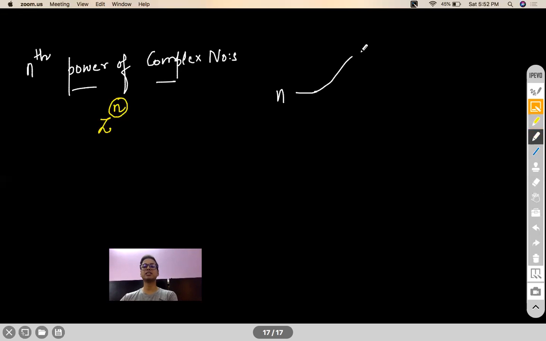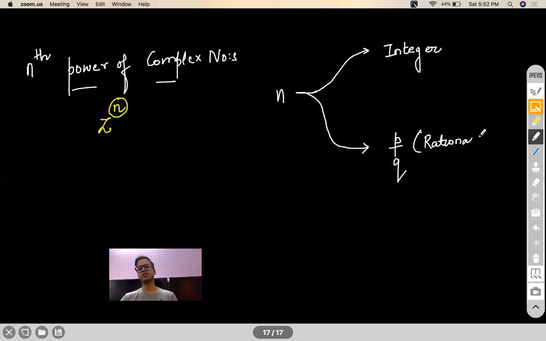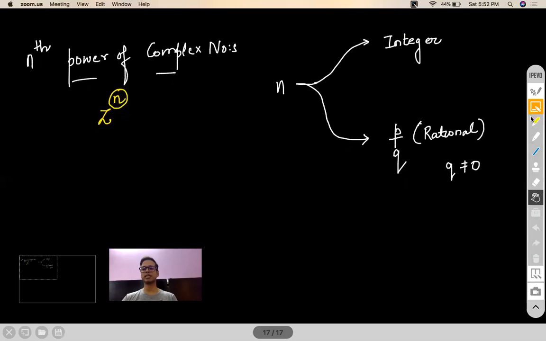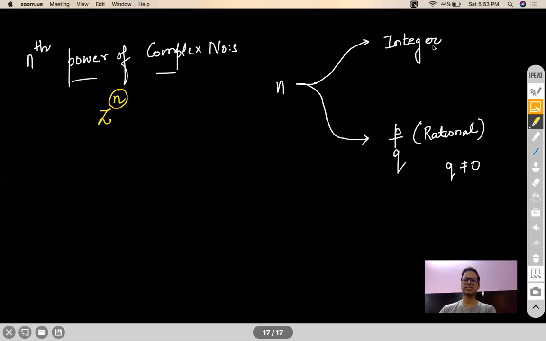It could be either an integer, or it could be not an integer, or you can say it's a rational number of p by q form. Of course, q should not be 0. Let us try to look into this scenario. So first of all, let's take the case where n is an integer. So first case, I'll take n as an integer. Now if n is an integer,